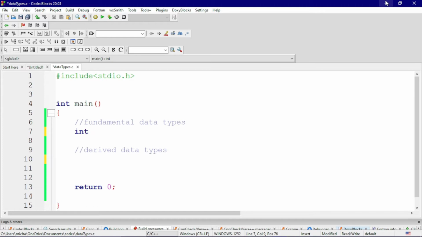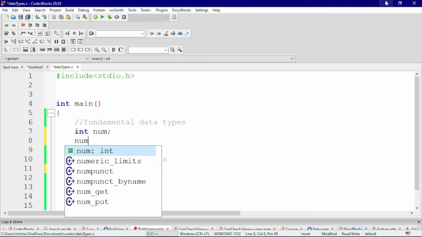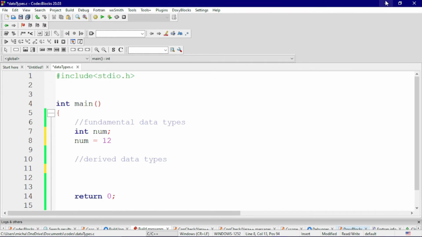If you say int, then num for number, and give a value to that number, you can also declare it in one place and define it in another. It has no problem. What I mean by this is, if you say int num and terminate it with a semicolon, then come down and say num is equal to half, something of that kind, it has no problem. The code won't yell at you or anything. It works fine. Here we're going to just use it one way. We are saying int num, then equal to whatever kind of number we need, which means we are defining and initializing our variable, and this variable is of type int.